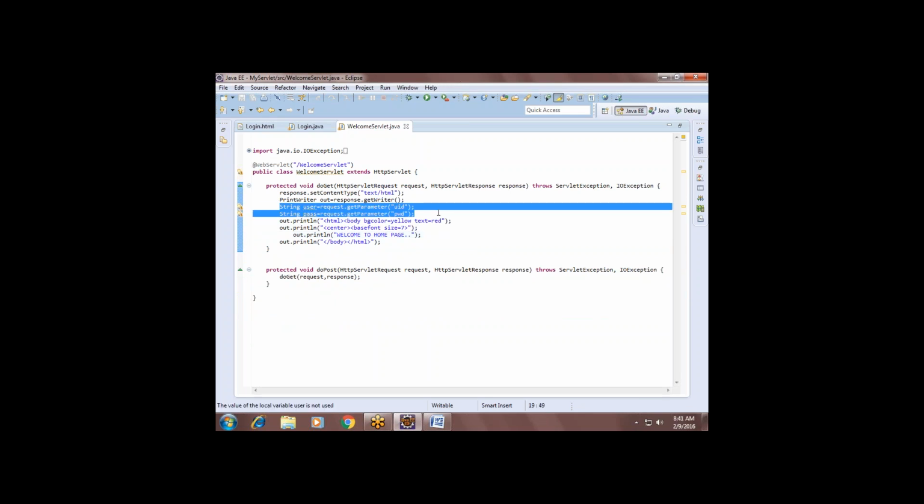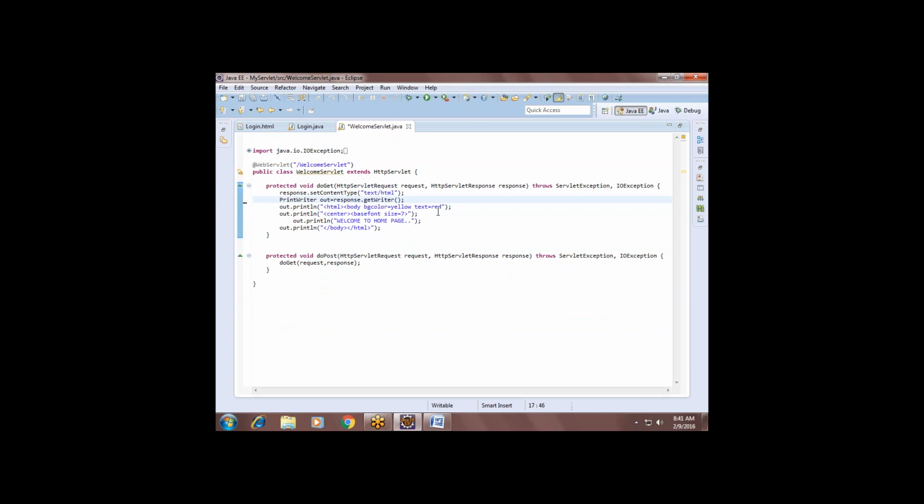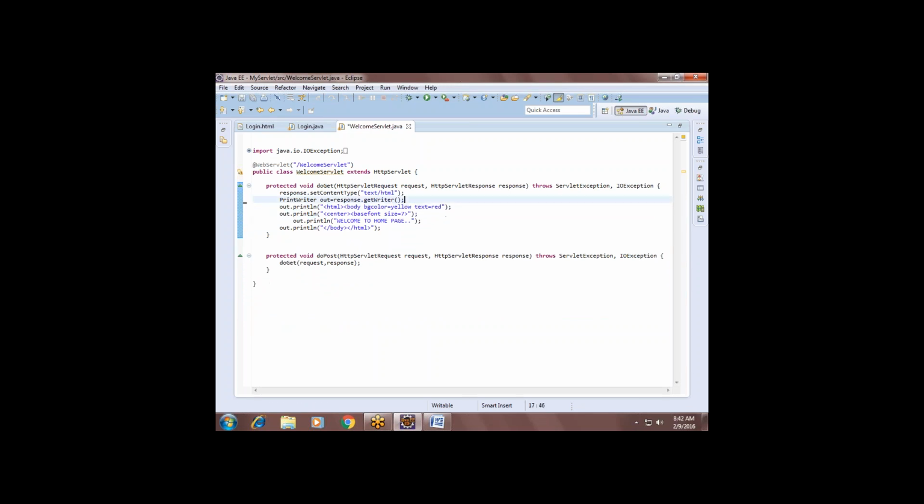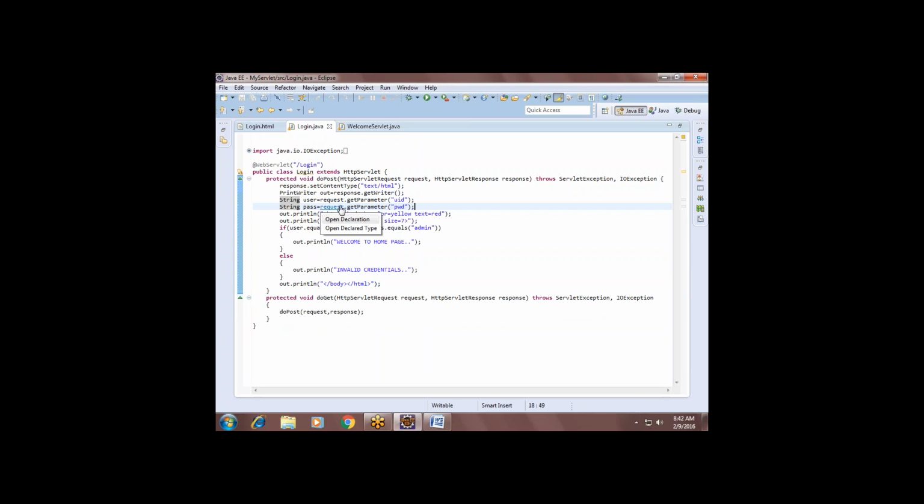No request.getParameter here. See guys, what I did, I received the client's parameters, and if the credentials are correct, I have to forward the request to the next page.